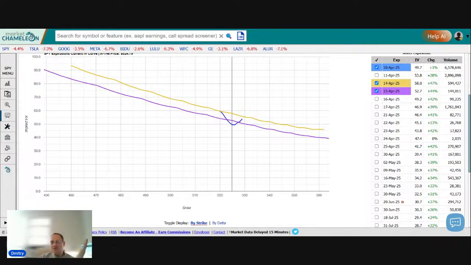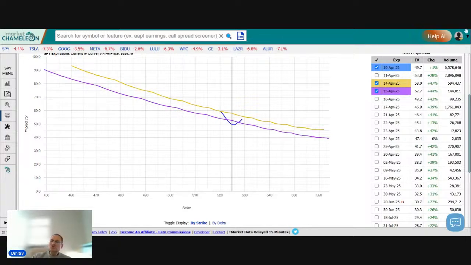There are three lines here, and by default, three of them are selected. And then we could change the different expirations, but these are different expirations, and it shows us the implied volatility of each strike that is available to trade. You could see here, it cuts off probably at the tails, but these are the lower strikes starting from 450 going to 560, and it takes the implied volatility of that strike using the weighted average between the call and the put, and then it plots each strike for